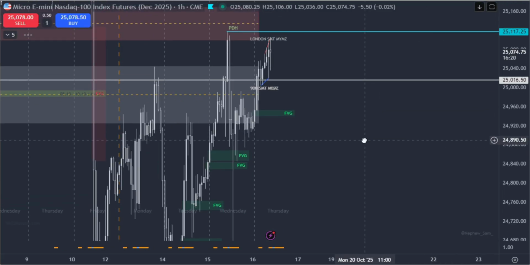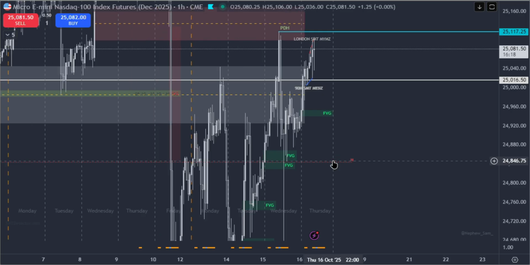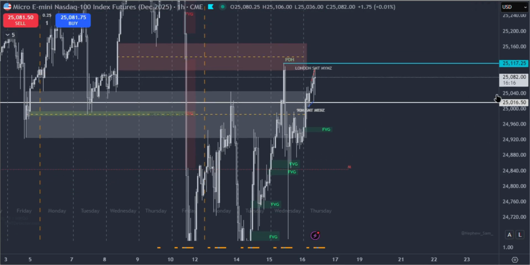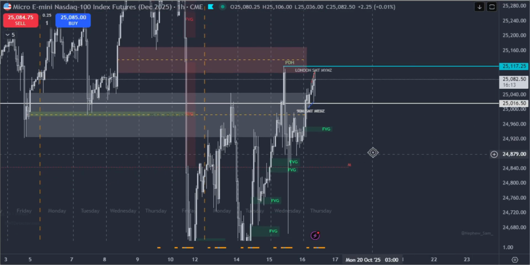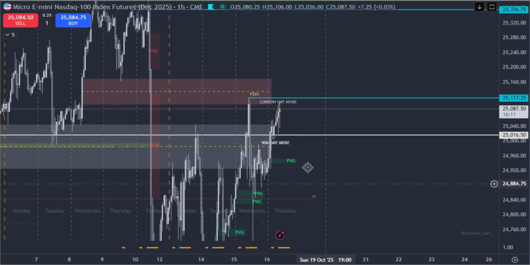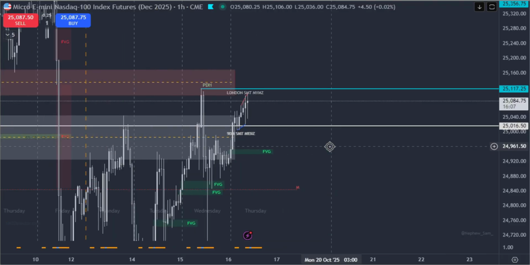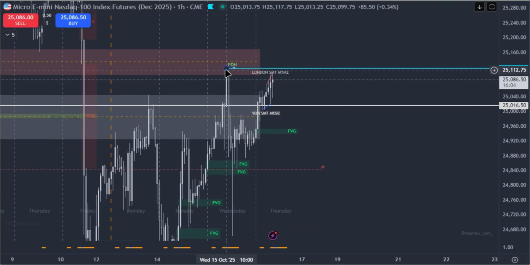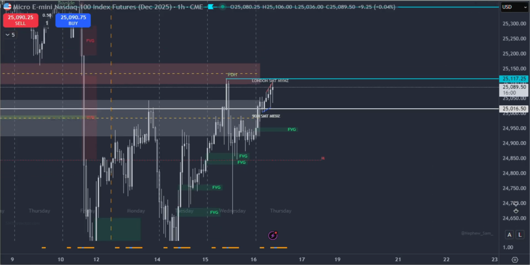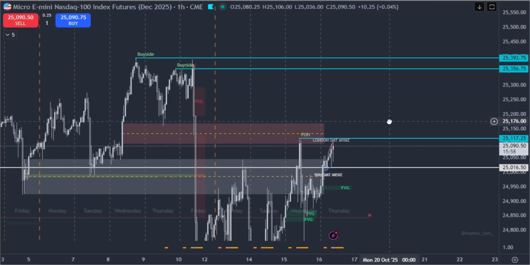All right, let's take a look to see what's going on here. NQ, I see previous day high here. I'm looking to see that as a target. Now, buy side liquidity, previous day high. If